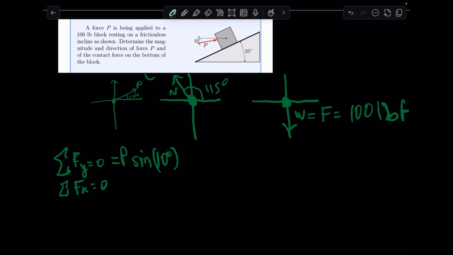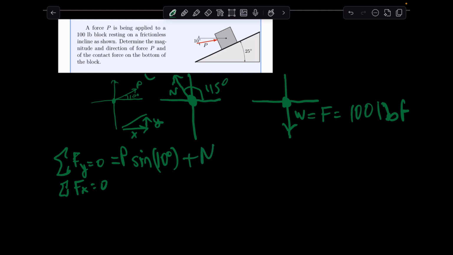So we have our vector, and we have our y component and our x component. That's basically what I'm doing here, P sine 10 degrees. That's the y component of the force P, and then we're going to add